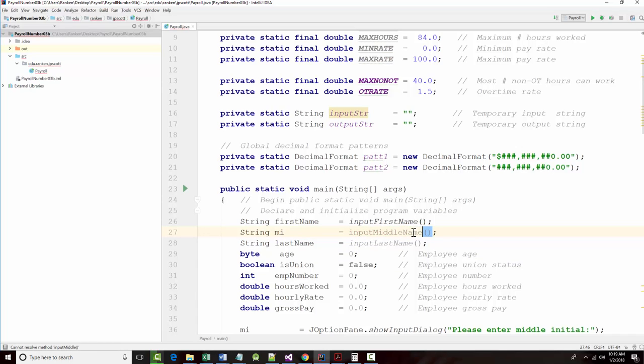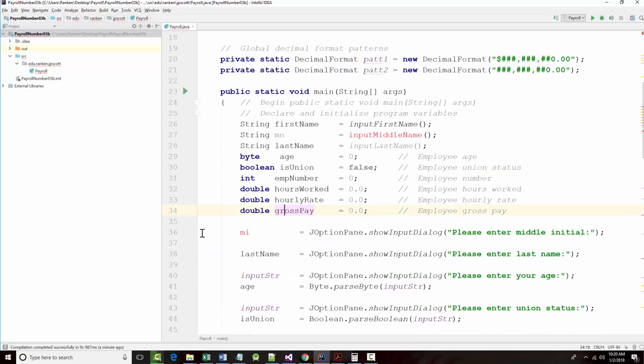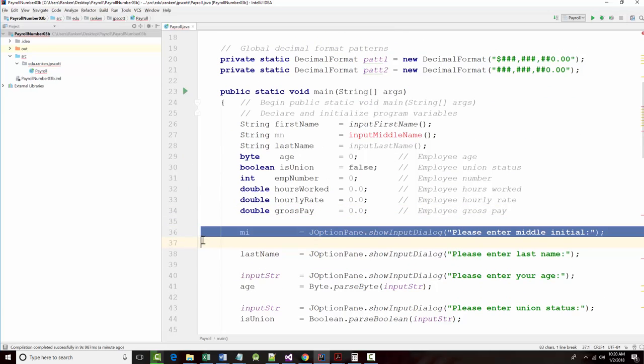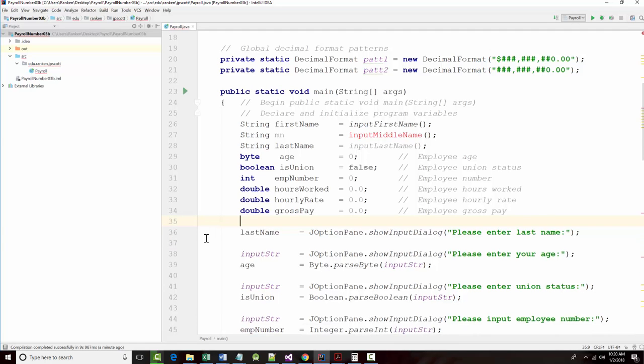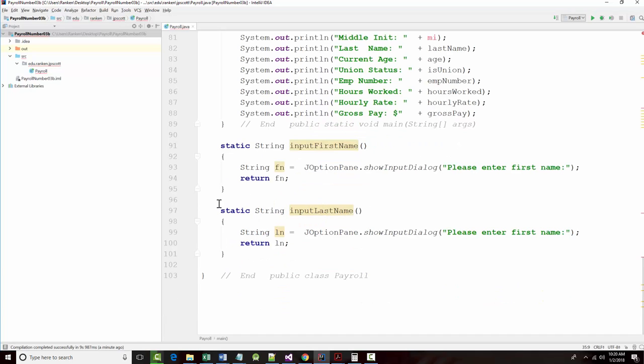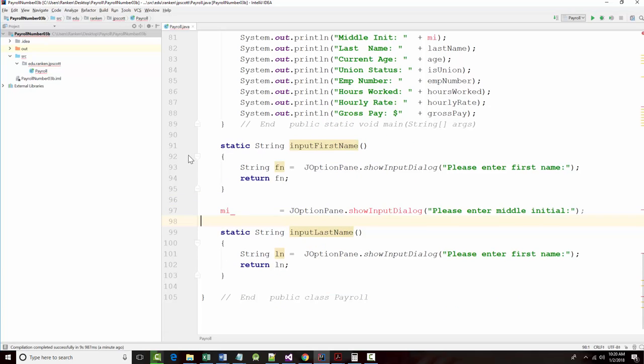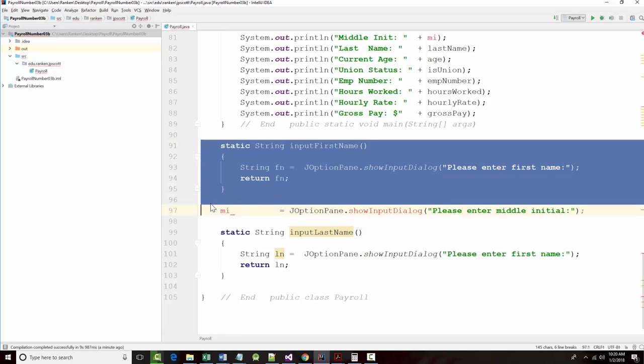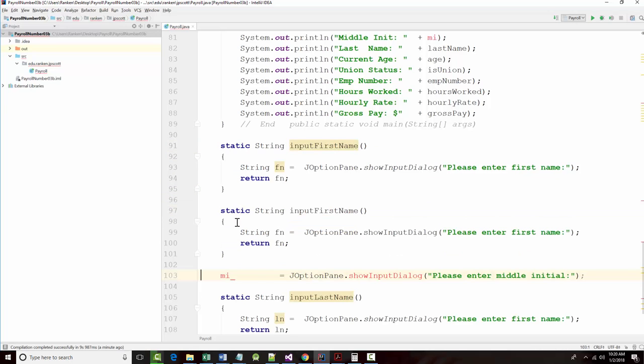And since we're using, why don't we call it input middle name? All right, and we'll call this MN instead of that. Okay? And I'm going to grab this and drag it down. And just so you can put your whole middle name in there, since we made it a string anyway. So this will be, okay, this is going to give me an error for now, but that's okay. So this will say input middle name. All right, and this will be